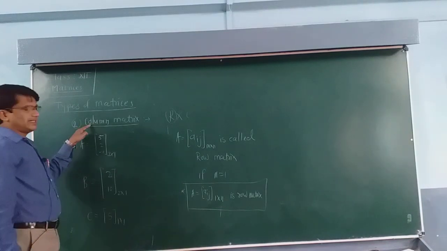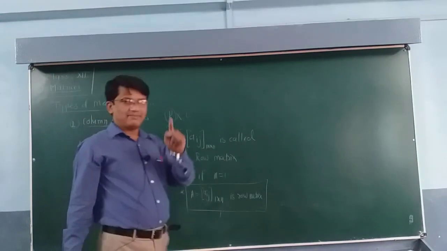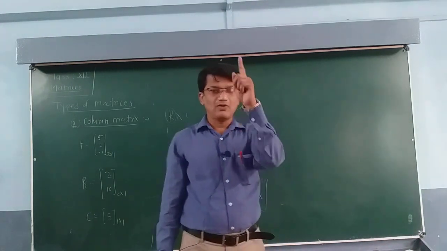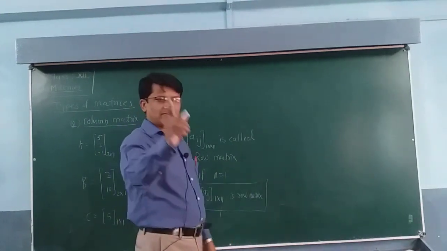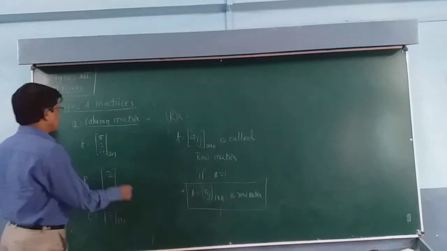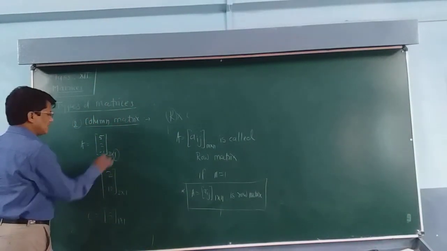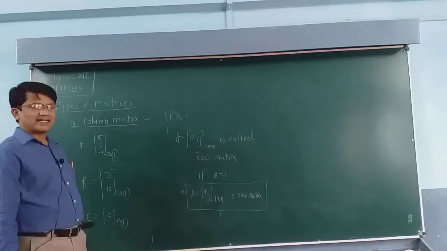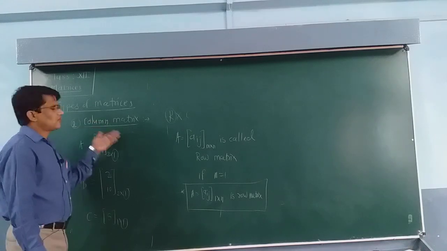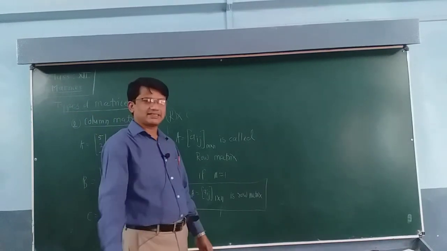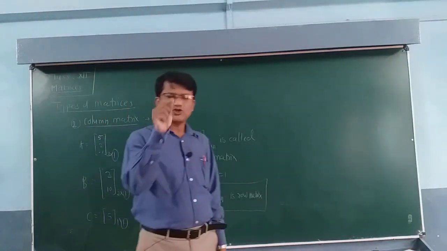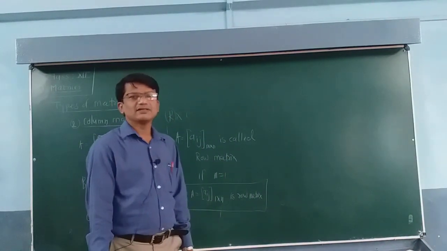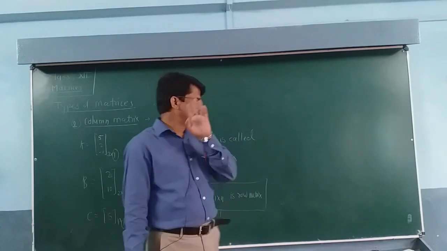Now we are discussing the column matrix. For a column matrix, the matrix should be in column form, only one column. A matrix having one column only. Look here, this is row and column. Here, look here, 1, 1, 1. So this type of matrices we can say are column matrices. A matrix is said to be a column matrix if the number of columns is how much? The number of columns must be 1.